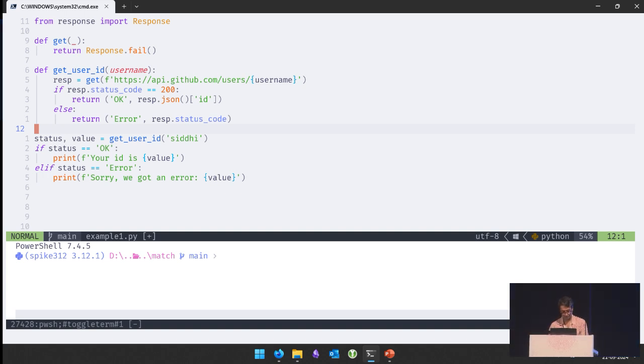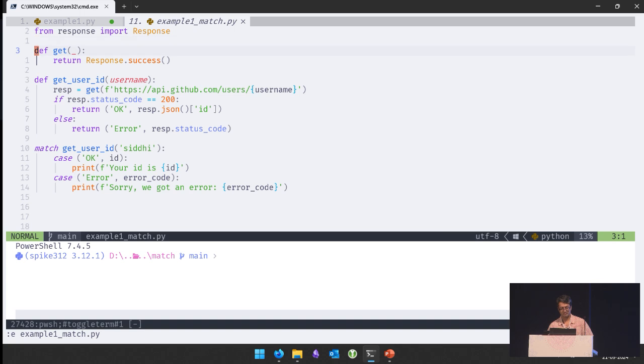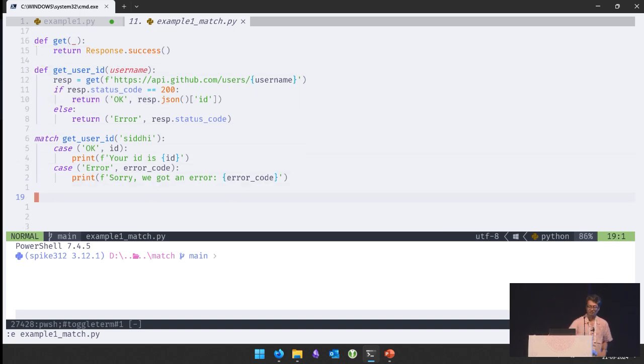So now let us look at another code, which will do the same thing with match, right? So here's the same code with match. Here we say match and we make the function call, okay, and we get some data. And now what we have in the case is the structural pattern matching. So inside the case, we are giving the pattern, right? So over here, the case says, is it a tuple, okay? And also the first item of the tuple, is it okay? Okay, so now that's our pattern.